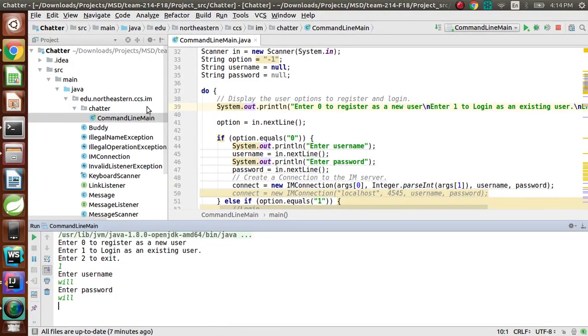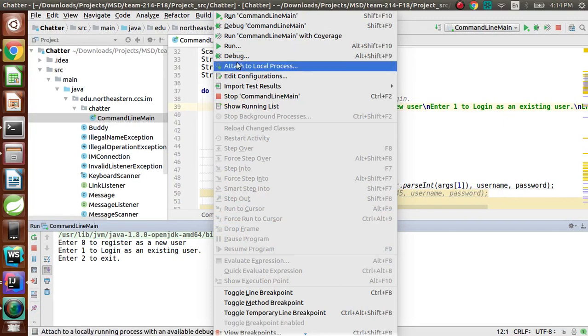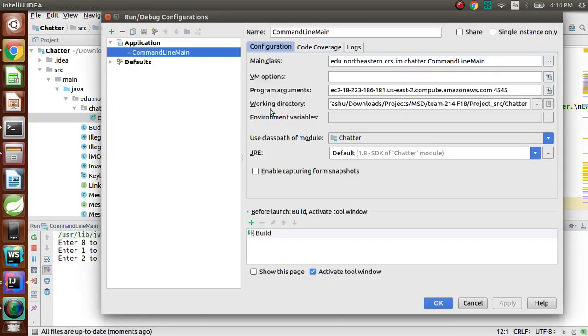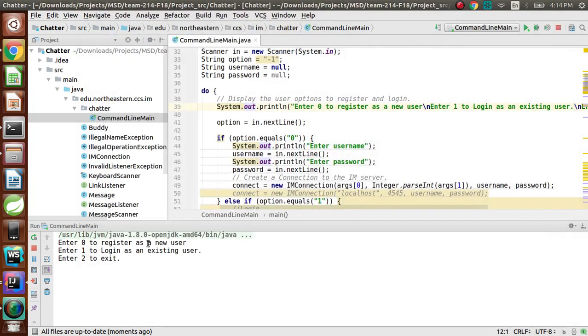You have to configure a few things in Chatter. You have to modify the program arguments. Like now, I am running the server on my local machine, so I will be using localhost instead of the AWS instance address. The port number is 4545. Once I apply this and press OK,